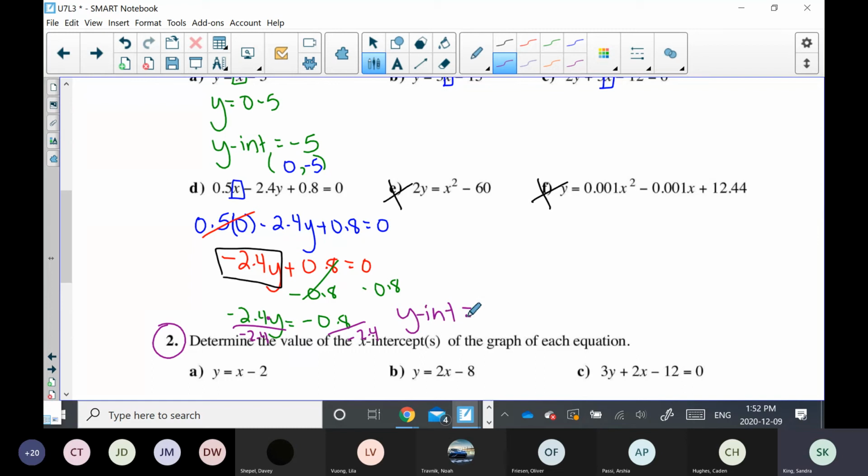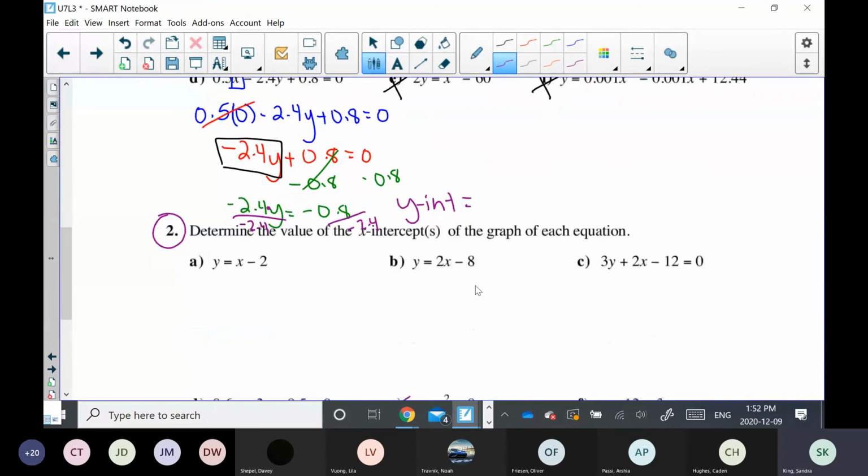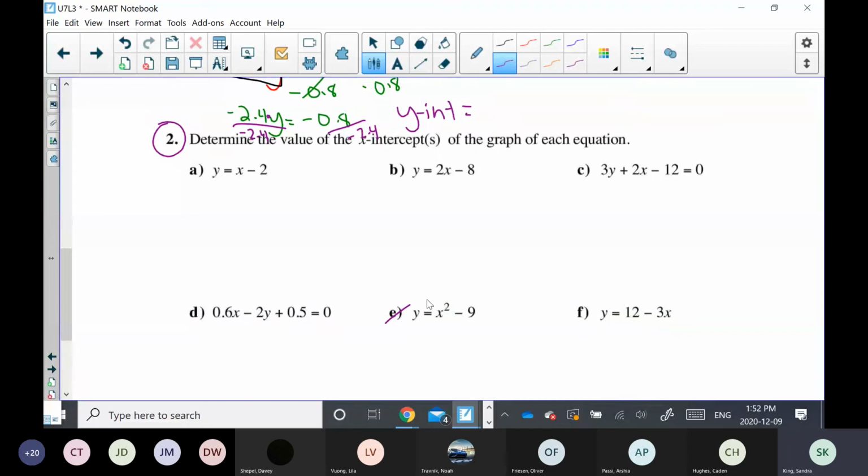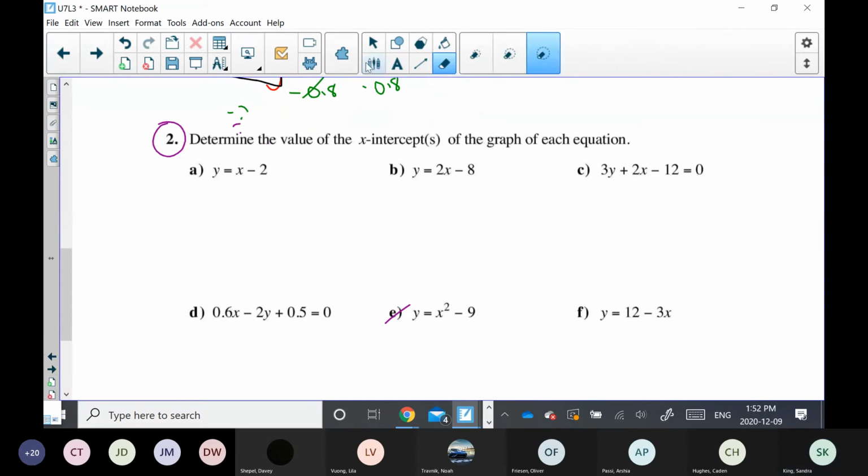Okay, so I want you to do number 1. I want you to do number 2. And for number 2, cross out E for me. And then just sort of make note. I'm just going to erase this for a second. Please make note is all they want you to calculate in number 2 is the